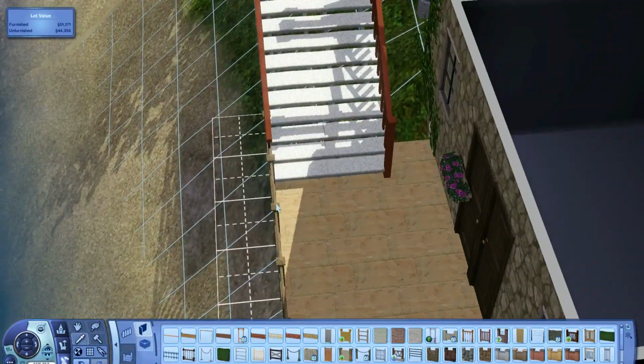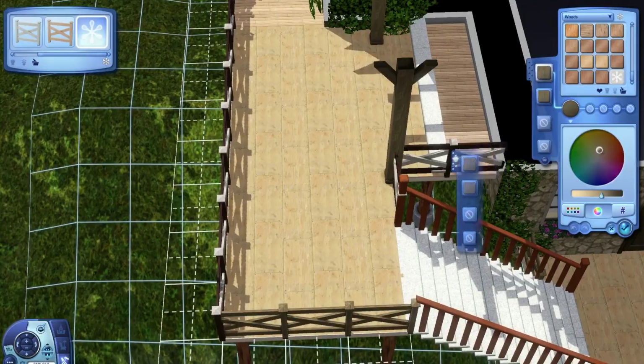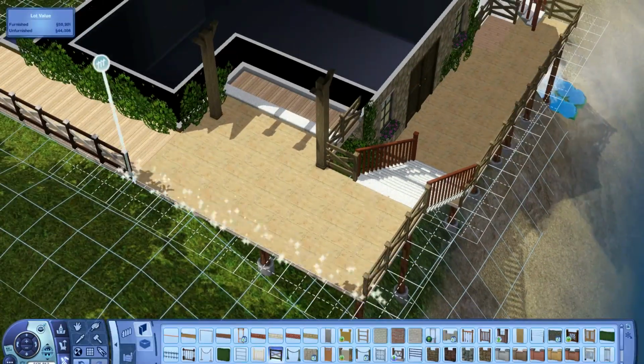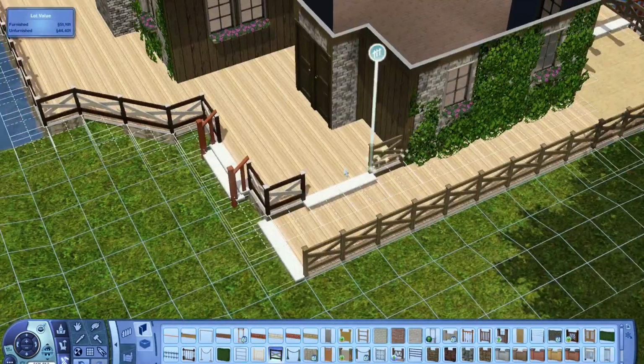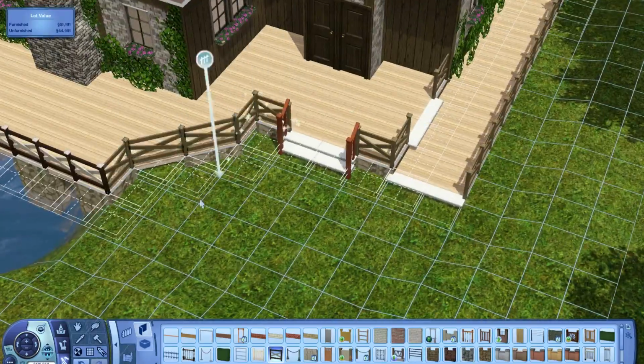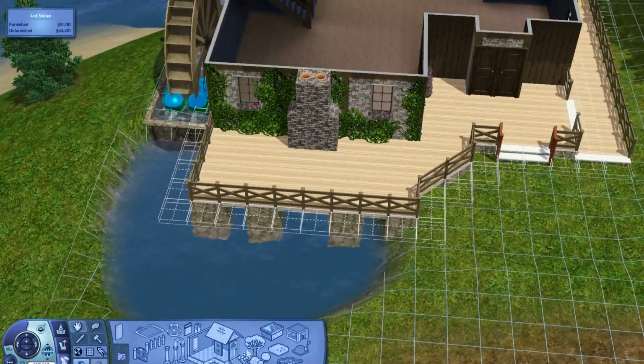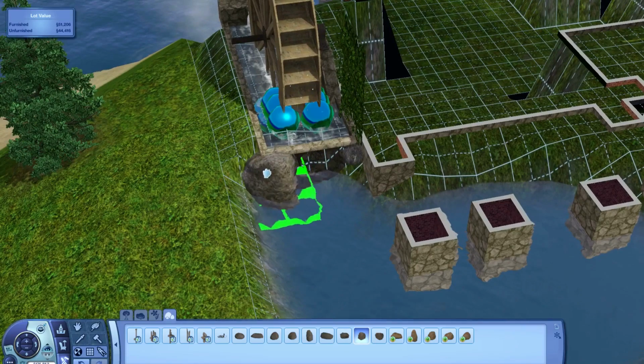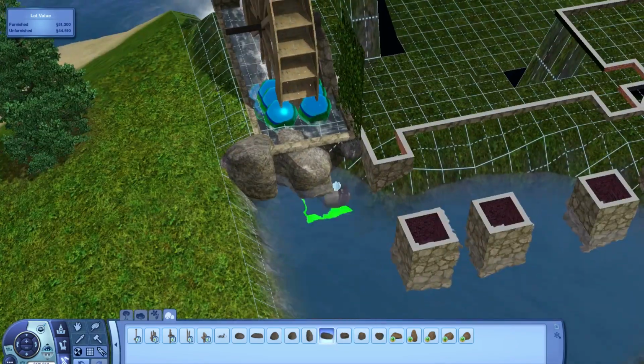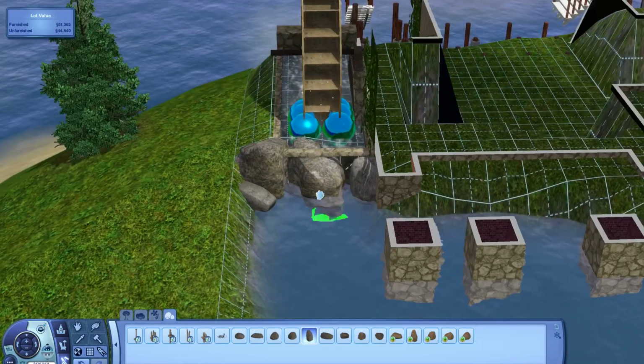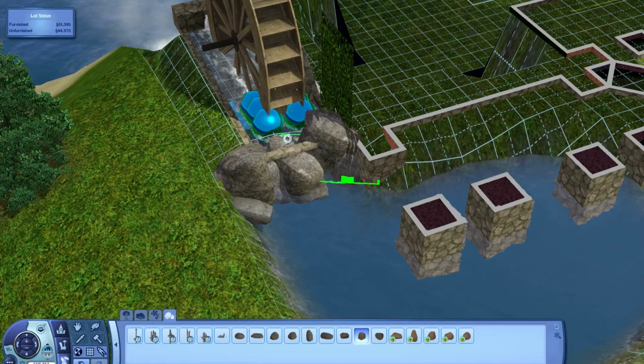So yeah, and I'm just going through and doing some of the fences. I always, for whatever reason, put all the fences down before recoloring. So that's kind of what I'm doing here. I finally decided what I wanted to color it, so now I had to redo them all and make them that color. So here I am putting in the rocks, just trying to fill it in,